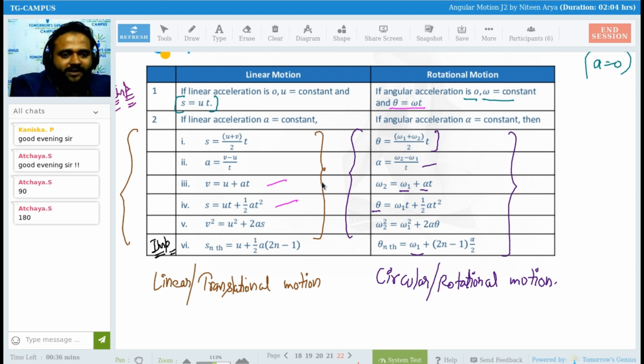Even these equations are important, these two. And these three equations, everyone knows, are the equations of motion in linear or translation motion, and in circular or rotational motion. These three equations are well known to each and everyone, but the upper two and the below two,